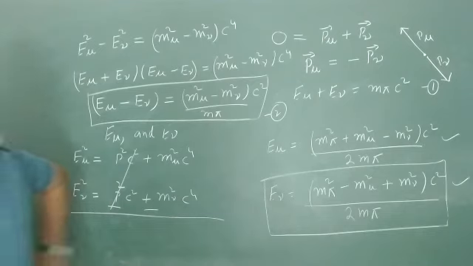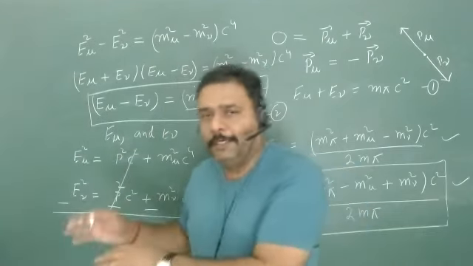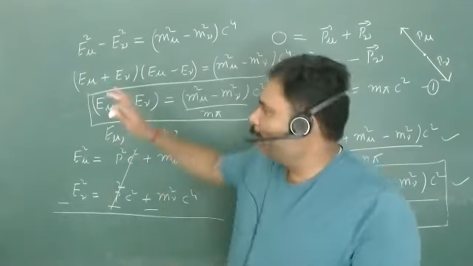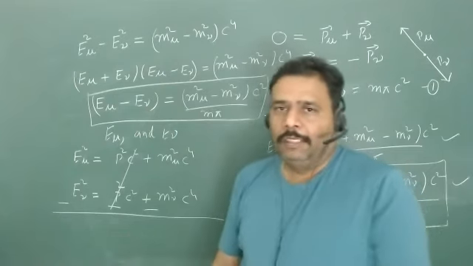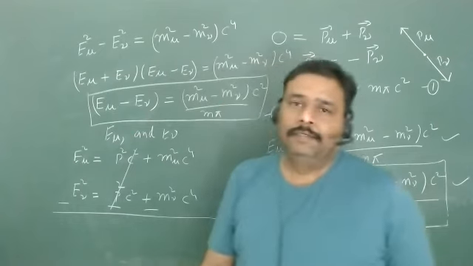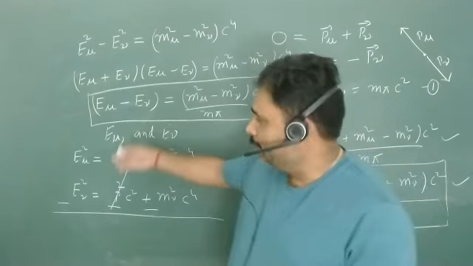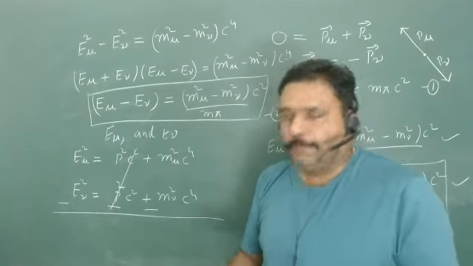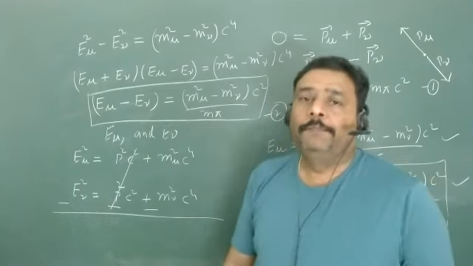And if you don't remember this method, and if you are going into the direct method, you will always start the problem in a very nice way, and then finally there is a huge mess. Just try to get p from that equation, which is a square root equation, and then try to find E mu and E nu. You will get a huge mess. So you have to remember how we can calculate the thing and how we can approach the problem.